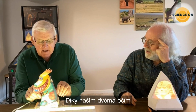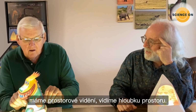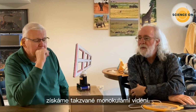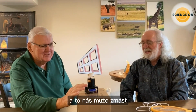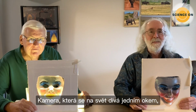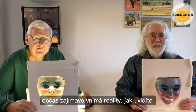We rely on our two eyes to provide accurate depth information about the world around us. Closing one eye, we are left with what is called monocular vision. Monocular vision can limit depth cues, and as a result, we're led to misleading conclusions about what we are seeing. A camera that, in essence, views the world with one eye can produce some rather interesting interpretations of reality, as